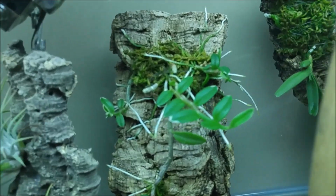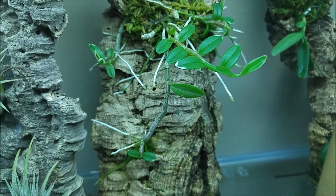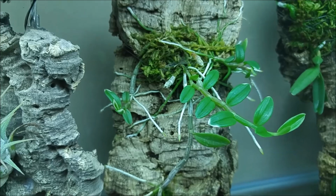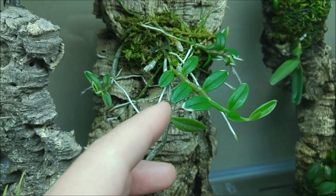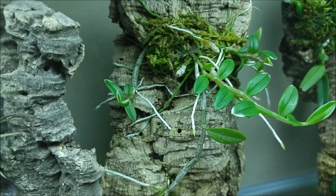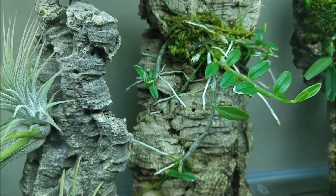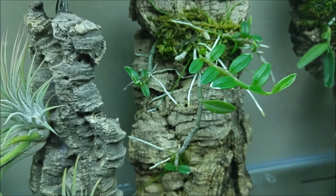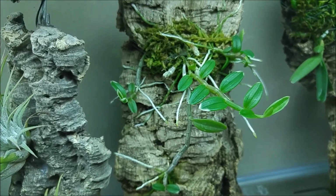Now this one is Dendrobium loddigesii. I think it's doing good on this mound. There is a little variegation on the leaves too. There. It's probably from the light. I don't know. It's doing good. I think for the winter I will take it out to the windowsill too and see if it will produce buds,